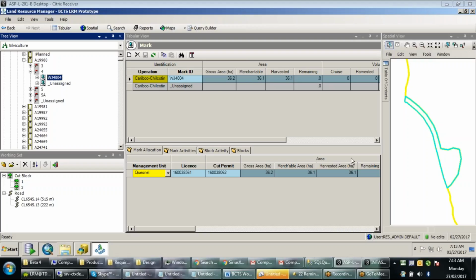Hello, welcome to a quick tutorial on how to create site plan information for a block in the BCTS LRM base environment. This is intended to help you get a sense of the workflow. This is not how it will be for production. There's lots of adjustments and configuration changes that will happen between now and then, but this is a basic outline